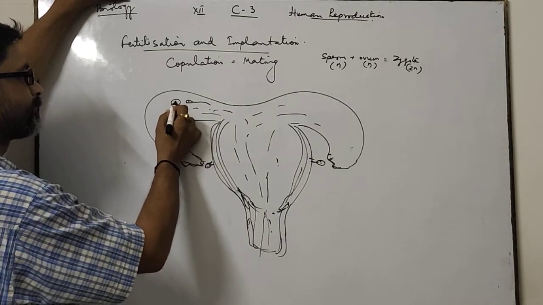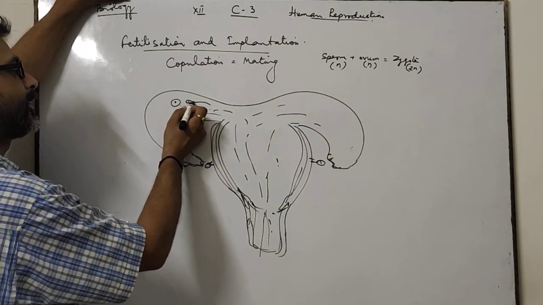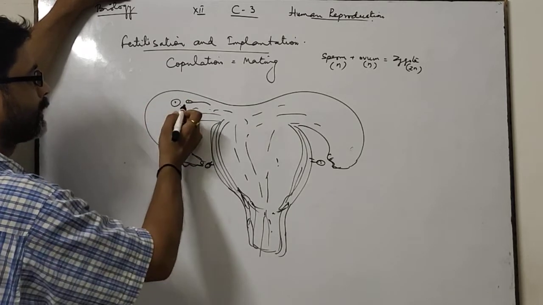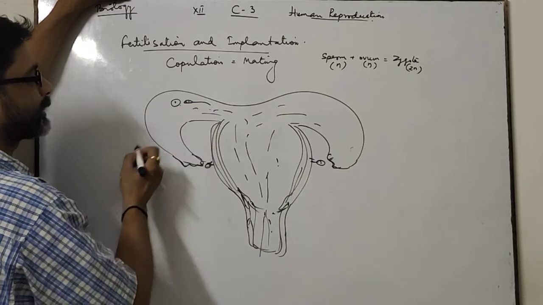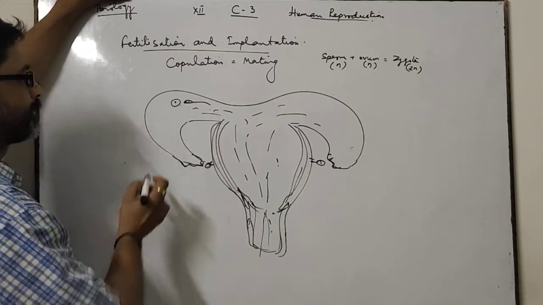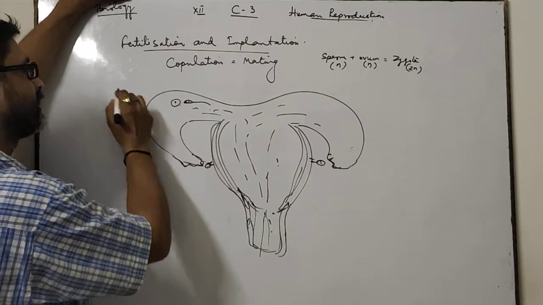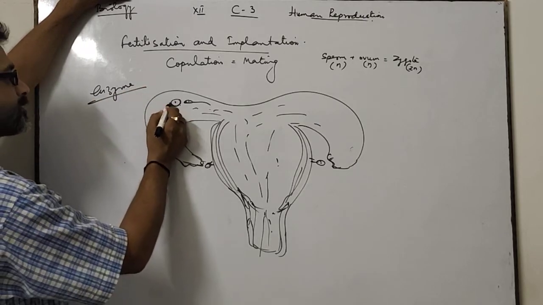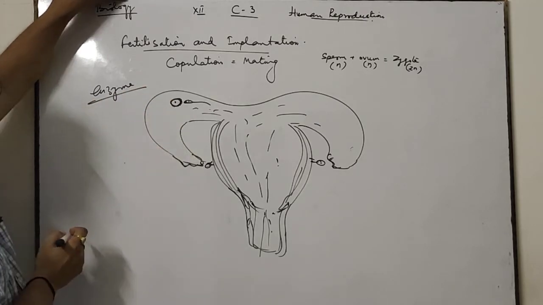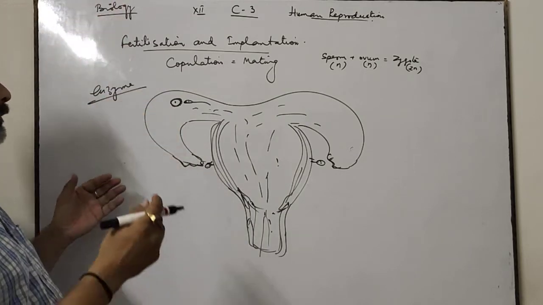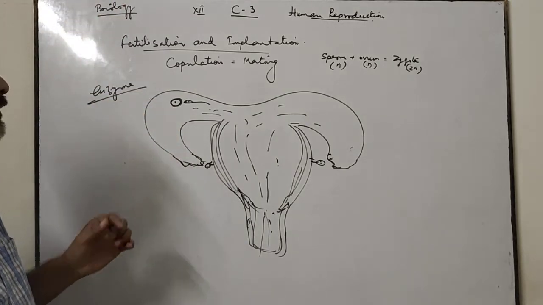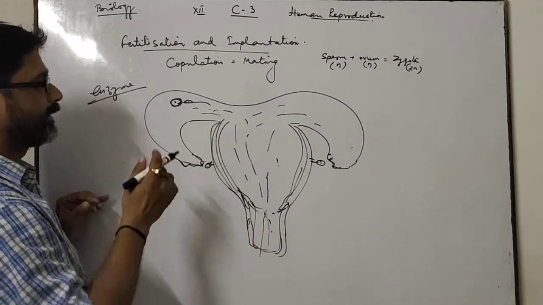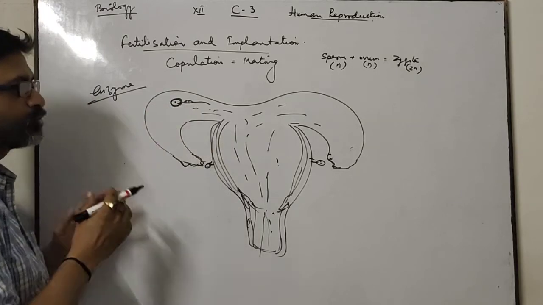When they are fused together, only the nucleus of the male, or you can say the head of the sperm, enters within the ovum. You know that an acrosome is present at the tip of the sperm. It releases an enzyme, hyaluronidase, which dissolves the zona pellucida layer of the ovum and makes a hole for the entry of the sperm head. The sperm head enters the ovum and the nuclei of both gametes fuse together to